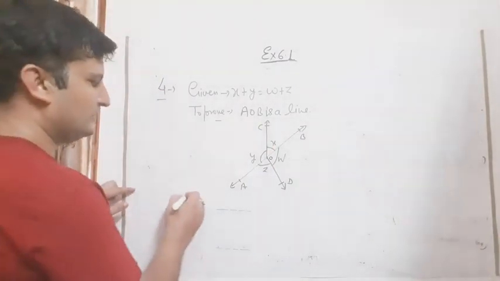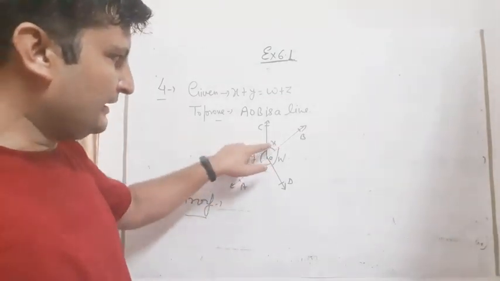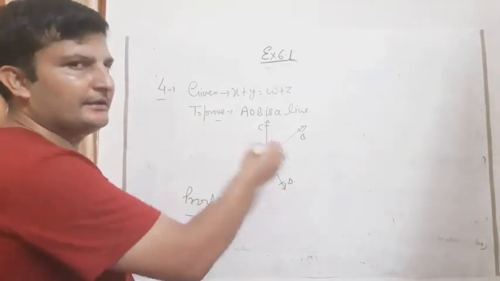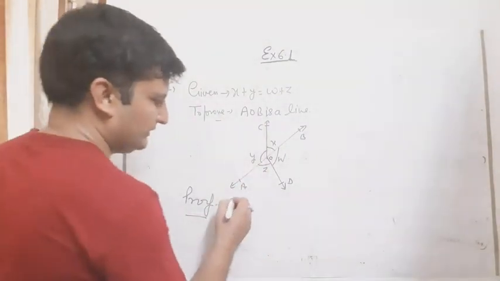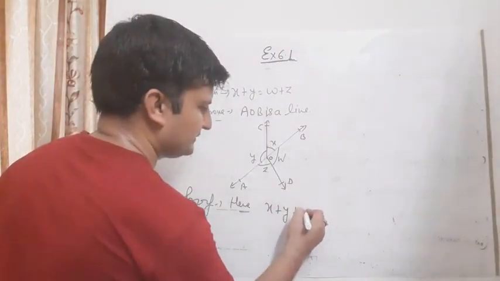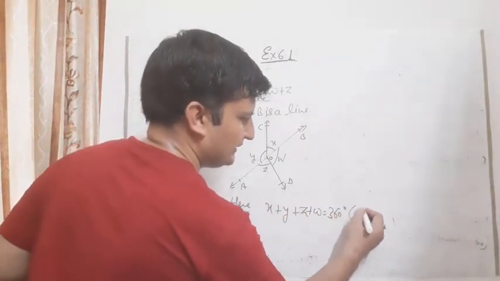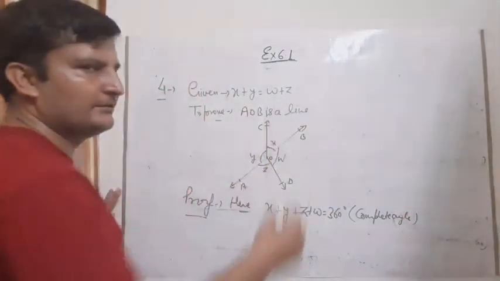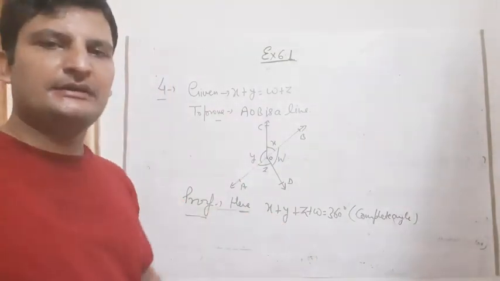It is a very easy question. You can do it like this. Prove. Here we can say that angle x plus angle y plus angle z plus angle w, इसको हम 360 कह सकते हैं, because this is a complete angle. Complete angle की जो वैल्यू होती है वो कितनी होती है? 360 डिग्री. So what we can write here? x plus y plus z plus w is equal to 360 degrees. We can write it complete angle. जैसे आपका हाफ एंगल होता है तो 180 का होता है, ऐसे ही पूरा अगर कंप्लीट एंगल हम लेकर चलते हैं सेंटर पे, तो this is our 360 degrees.